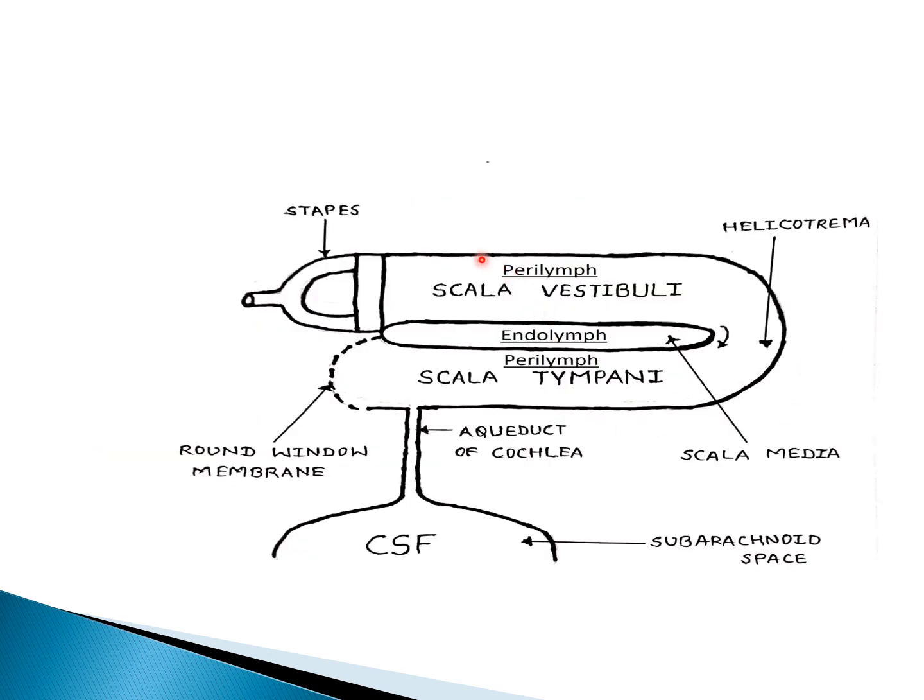So here we can see that this is the cochlea, this is the upper chamber scala vestibuli, this is middle chamber scala media, and this is lower chamber scala tympani. So we can remember like VMT. Okay, so scala vestibuli is separated from the middle ear with stapes footplate. Scala tympani, it is separated from the middle ear through this round window membrane, sometimes also called secondary tympanic membrane. And the apex of the cochlea, it is called helicotrema, where scala vestibuli communicates with scala tympani. And scala tympani communicates with the subarachnoid space, which has CSF, through a tube which is called aqueduct of cochlea.